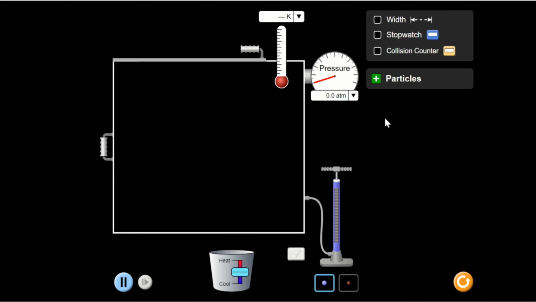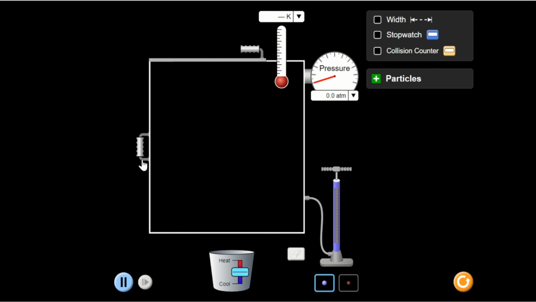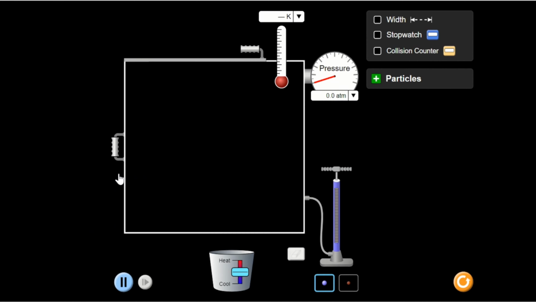So I have here our simulation that can show you possible things that could happen when the number of gas molecules changes, the temperature changes, the pressure changes, and even the volume changes. Let's say for example, we have this container, and let's increase the number of gas, or the amount of gas, inside this container, and watch what will happen